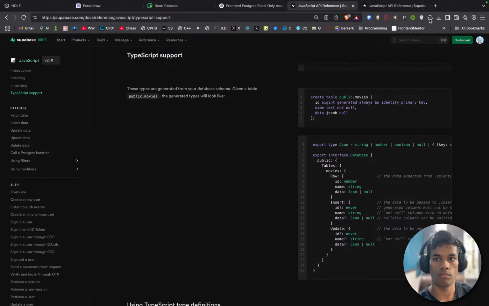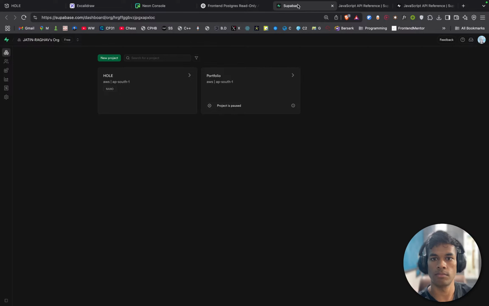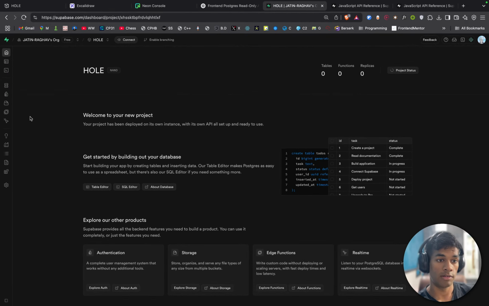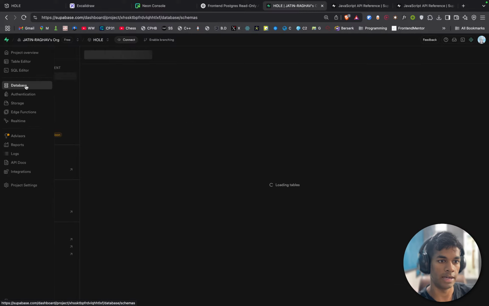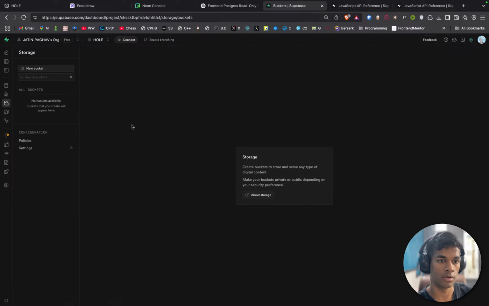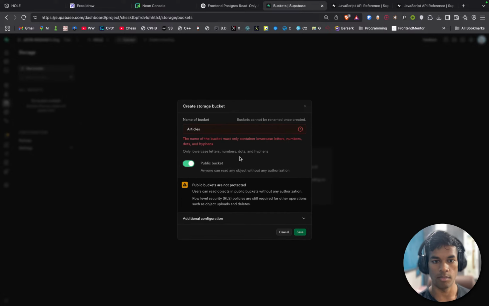Where do I go? Here, dashboard, bucket. Where can I create bucket? Database, storage, create new bucket. It will be called articles, and it will be a public bucket.